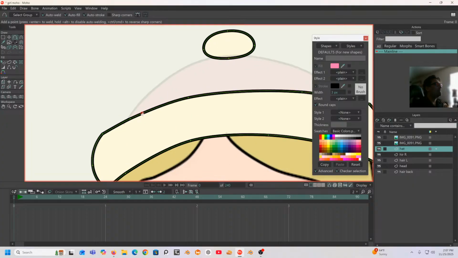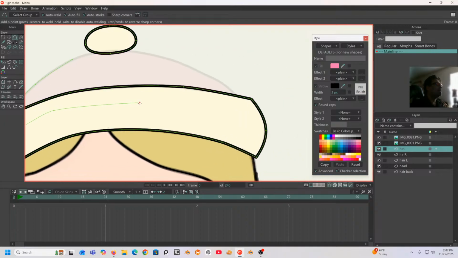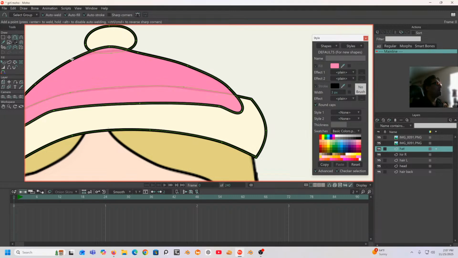Now I don't want to click on any of these lines or it will weld it to those. So we're just going to click in places that are not connected like this. I'm just going to come around. All this can be fixed shortly. I'm going to cross over without clicking on that line. And even on this one, we're going to click somewhere in here so that we don't have any possibility of